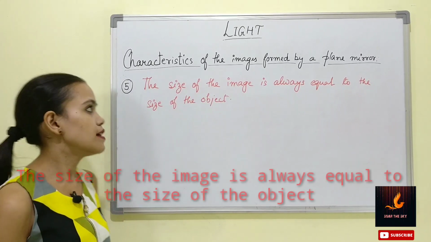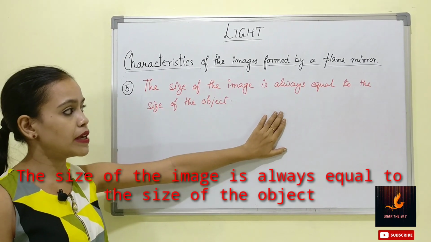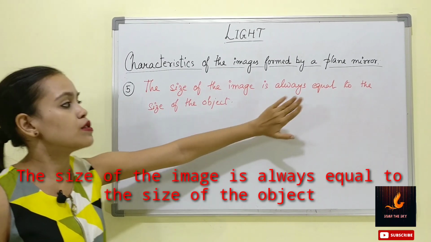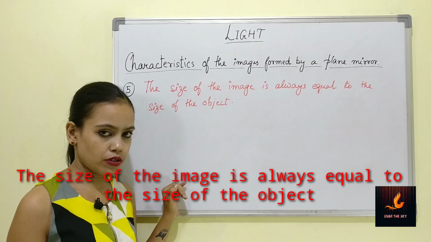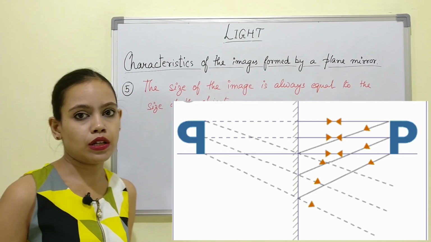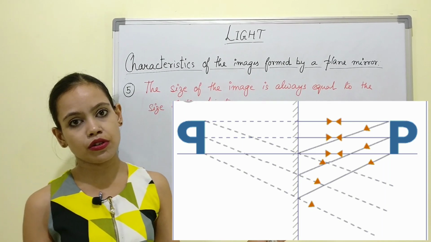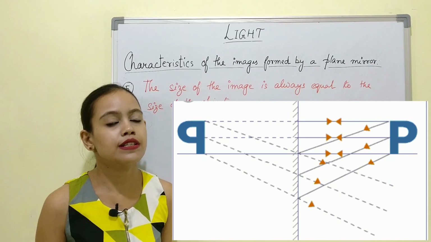The fifth and the last point of the characteristics is that the size of the image which is formed is always equal to the size of the object that is kept in front of the mirror. The size of both of them will be absolutely equal. Now you can see the diagram here and you can clearly understand the various characteristics that have been